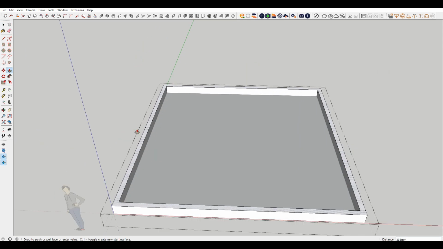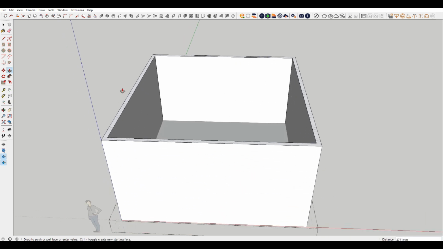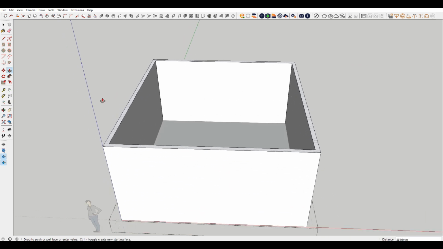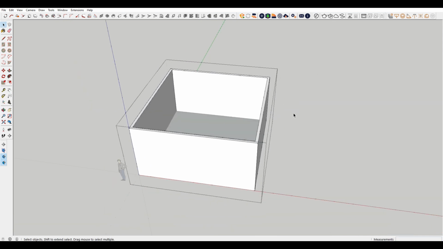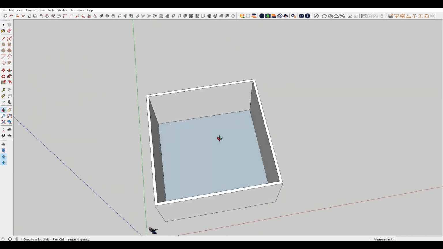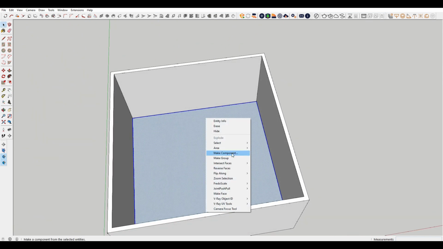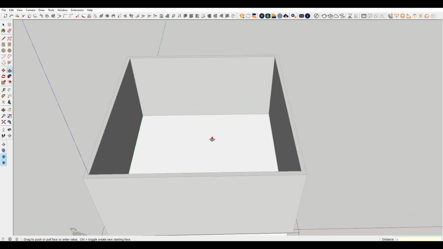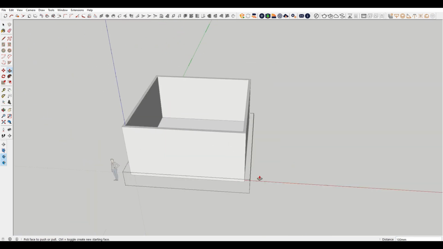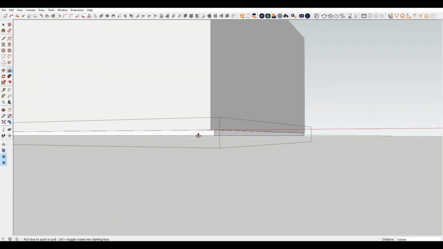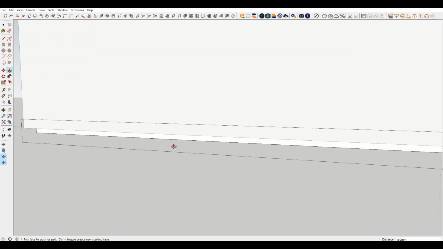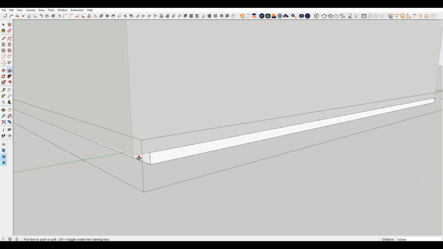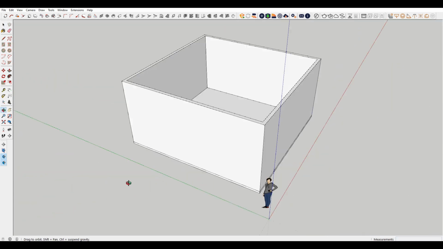Pull it around 3500. Okay, make this a group. Push it 100. Pull it. Okay,